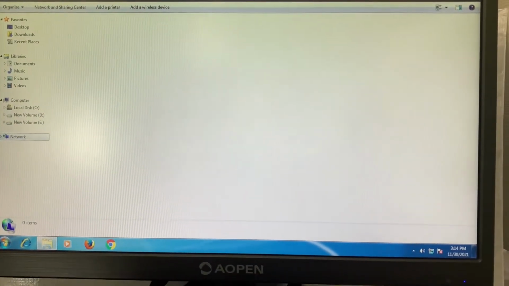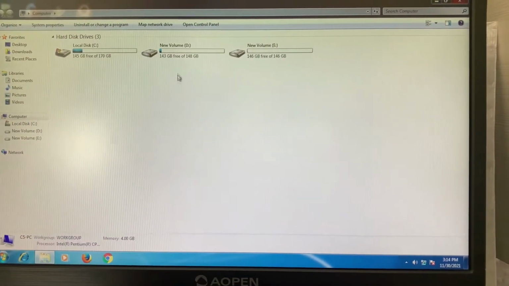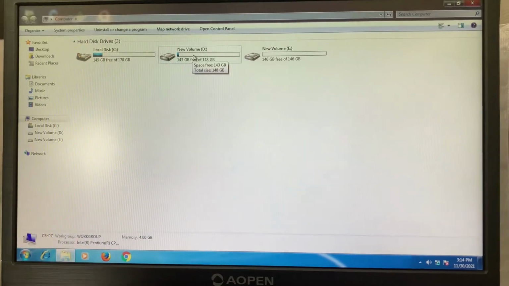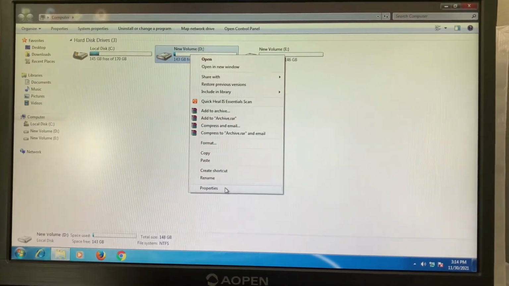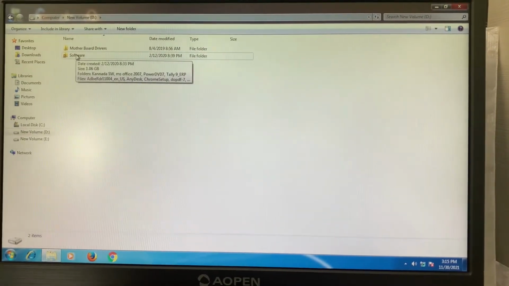Yes. Now you have to open the file which you want to share with the other computer. Okay. Now I want to share the software from this PC to this PC.